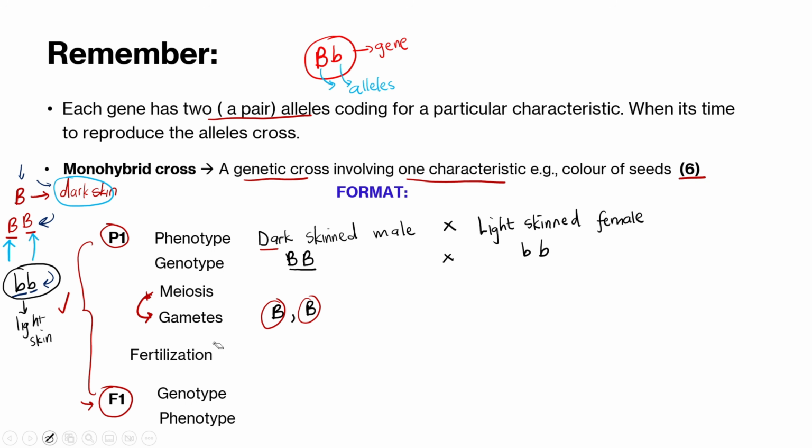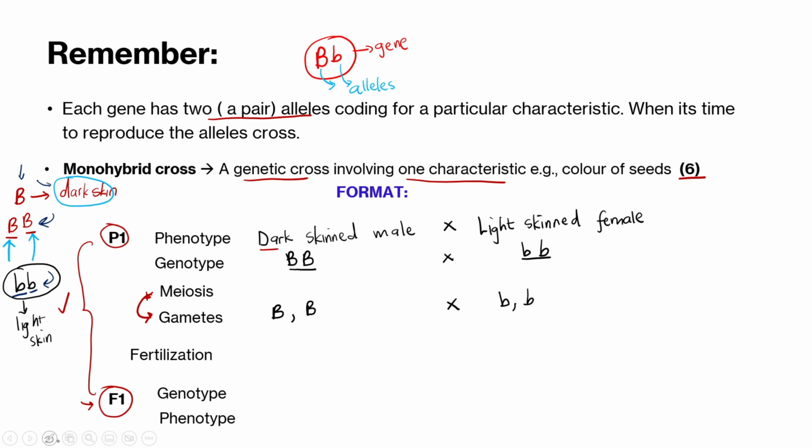So meiosis will happen on my side, and meiosis will also happen on the female side. We are going to write a cross here, because we are crossing the alleles. On the female side, we had the genotype small letter b, small letter b, so you just write b, comma, b. This is all under gametes because her chromosomes also separated. It means that the gametes now have each allele. If we had one cell, during meiosis it divides to form two cells. So when the chromosomes separate, these alleles will go to different gametes, which are just the sex cells.